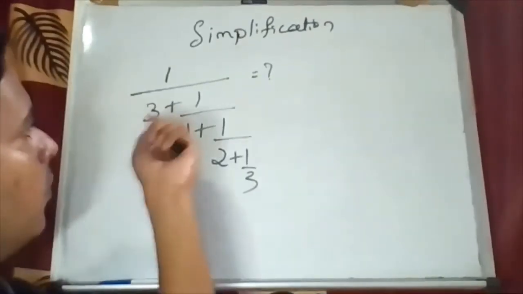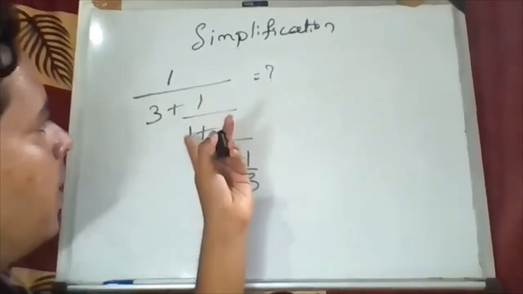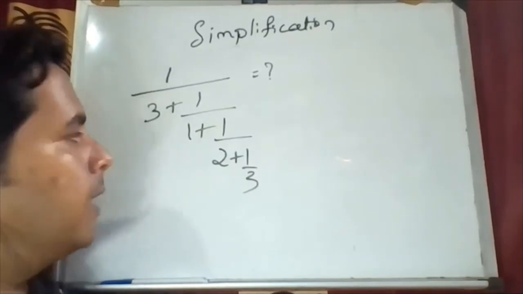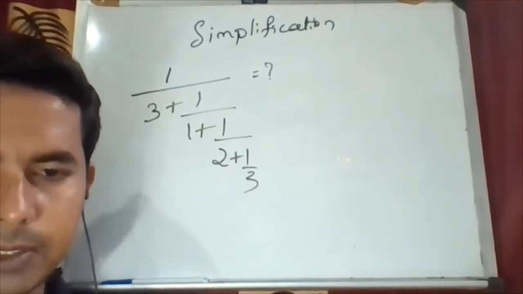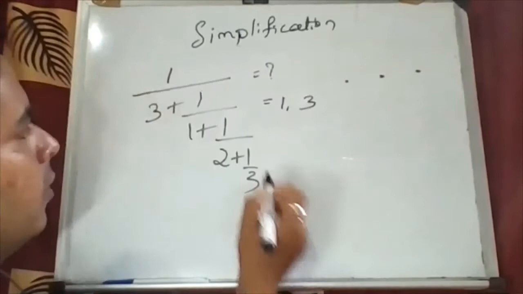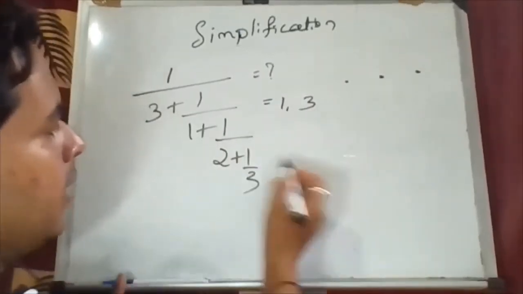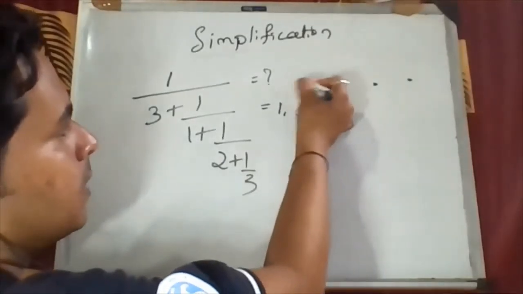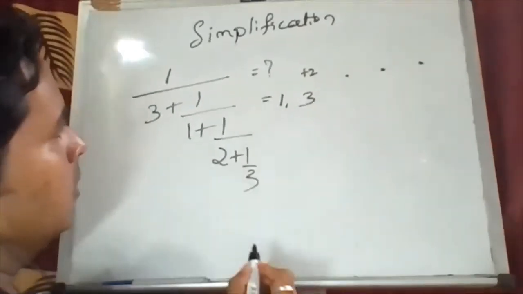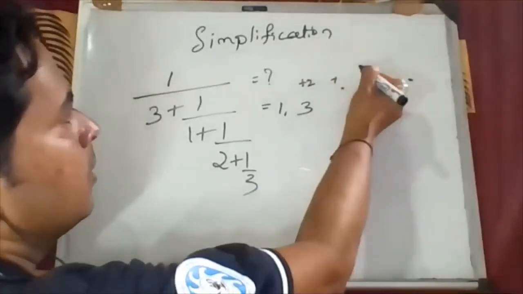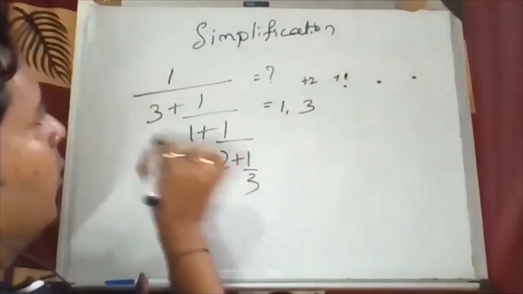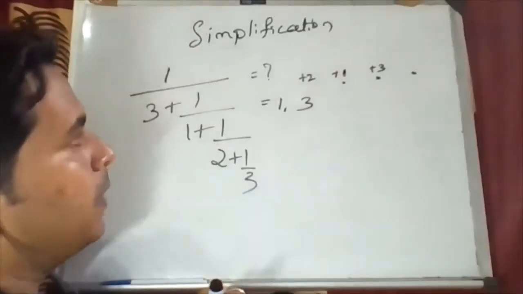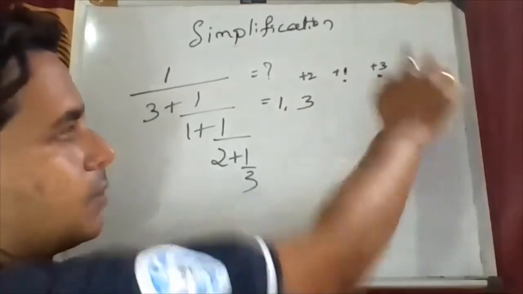So question is what now? This one. 1 by 3 plus 1 by 1 plus 2 by 1 plus 1 by 3. Okay, try and give me the answer. So what? How we have to take? 1 by 3 is there. Take 1 by 3 and 1 by 3 के पहले कितना है? Plus 2. So here that is a plus 2. Now we'll start. Plus 1 is there here. Okay, and here plus 3 is there. Okay, plus 2 plus 1 plus 3. Last step there is nothing is there.